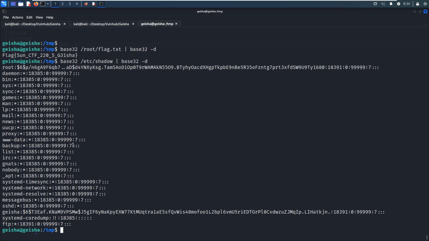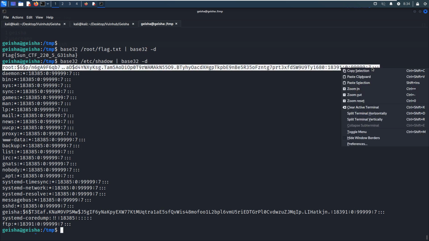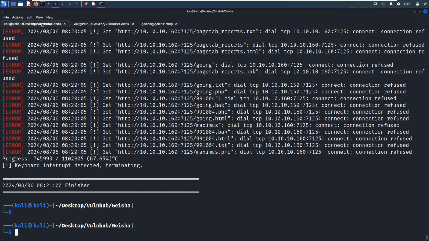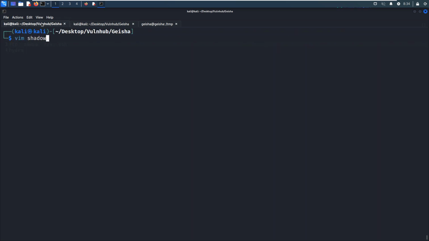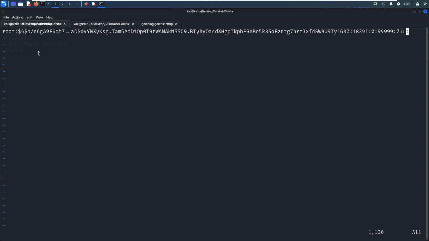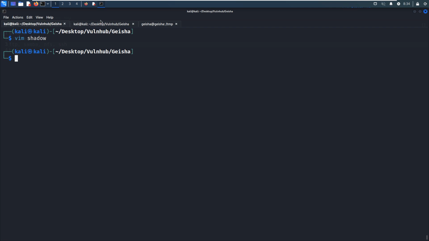As you can see, we got this shadow file, and we can create the shadow file. Because another user or normal user, we have already got a password. We do not need to crack it, and we can write and quit.